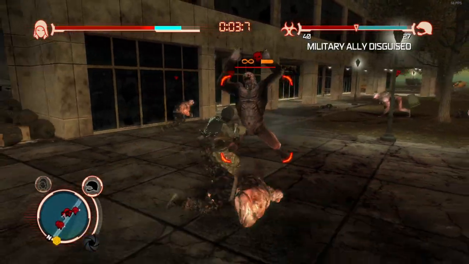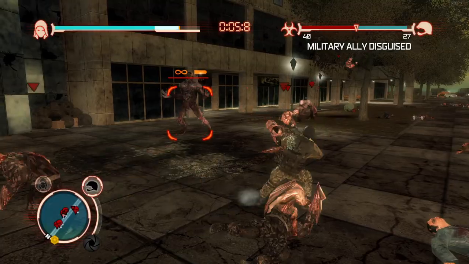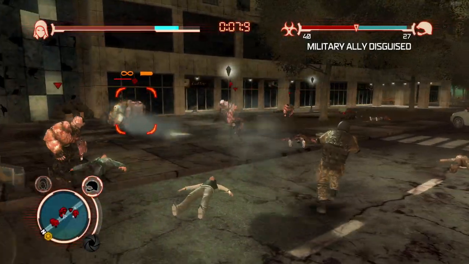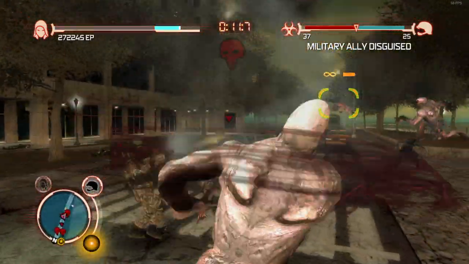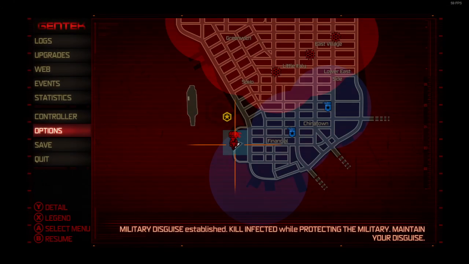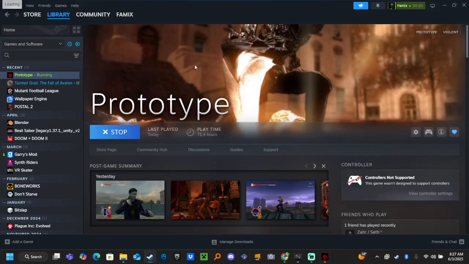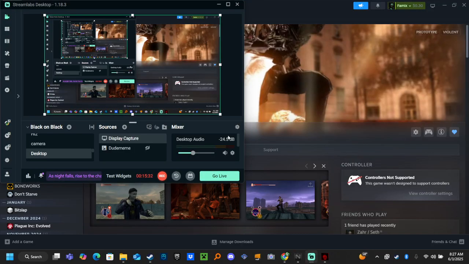Military ally disguised. Oh, holding a grenade launcher. Well, yeah, I think I've shown enough gameplay now. Also showing countdowns are working right. Yeah, that is the prototype fix, and if you have any questions on how to run it,